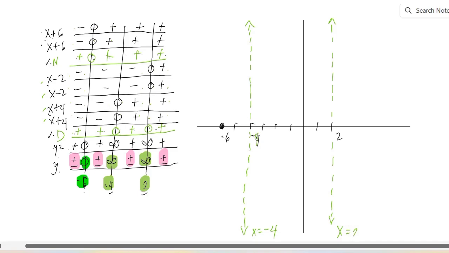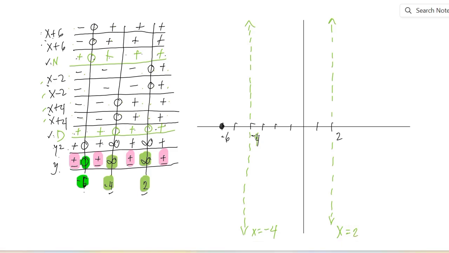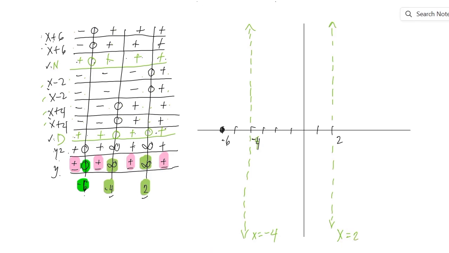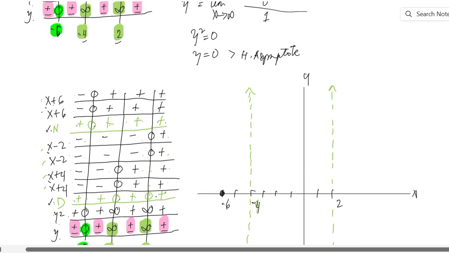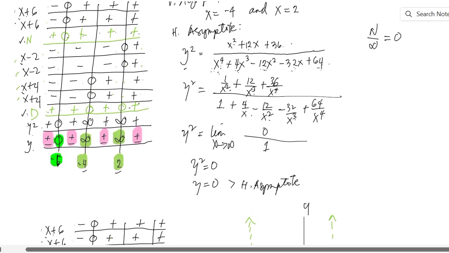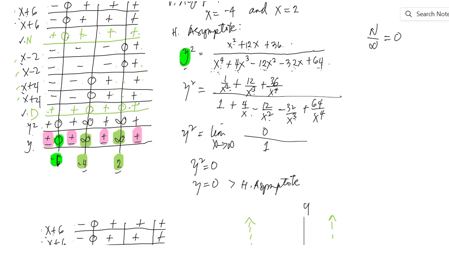The equation is x is equal to 2. Next thing that we are going to do is, of course, to test for the symmetry. So as we can see here, our equation is y squared. So if we are going to change the y into negative y, our equation would be unchanged. So for the symmetry,